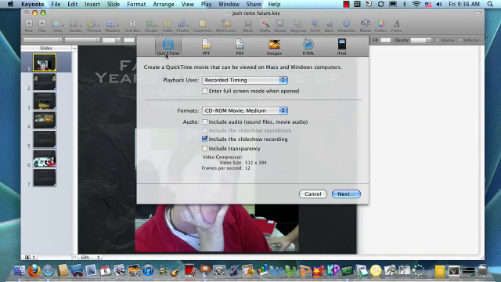and at the top you should have QuickTime selected. If it's not selected, go ahead and select it. Where you see Playback Uses, make sure it says Recorded Timing. That means when you just recorded your slideshow, it's going to keep that. Format, medium is good. Make sure that you do not check Include Audio, because whatever was going on in the